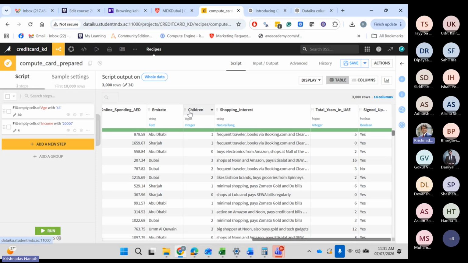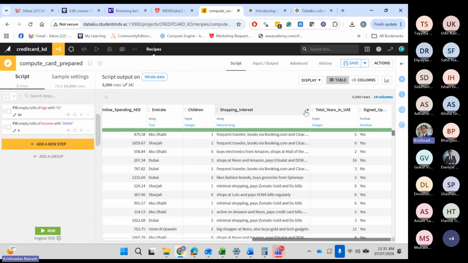It will not understand which tool you're going for. You have to give the exact spelling of the column, and you have to say, this is my column name, which is shopping underscore interest. And then you have to give your prompt. You have to say, if the shopping interest has the following keywords, which is Noon, Zomato, Booking, and Amazon, then the new column should be yes, else the new column should be no. And don't blindly copy and paste, just check everything GPT is giving. For me, when I ran the prompt, it did give a formula.